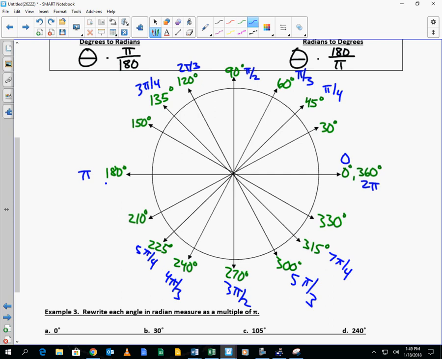So now we'll go 180 divided by 6, and I get 30. So 30 is pi over 6. So I'm going to rotate 30 degrees each time. Watch as we count it. 1 pi over 6, 2 pi over 6. See how that's the same as pi over 3? 3 pi over 6, 4 pi over 6, 5 pi over 6,